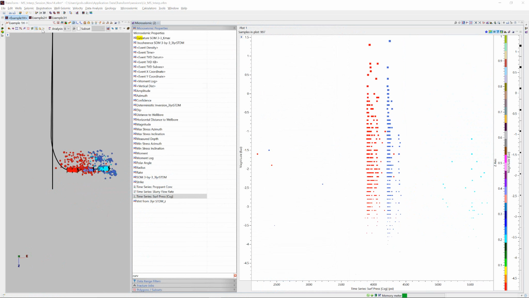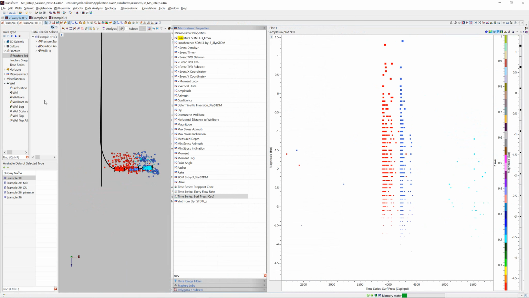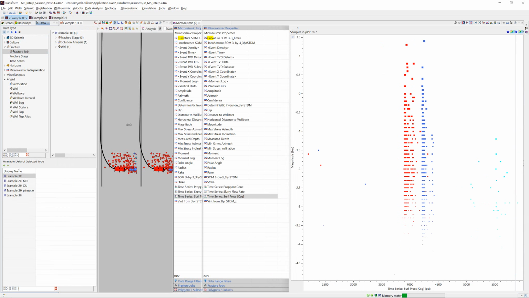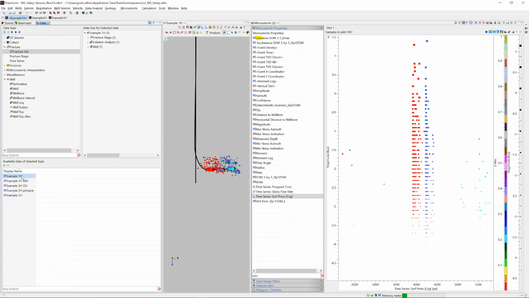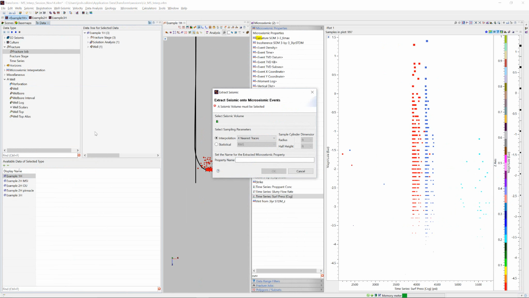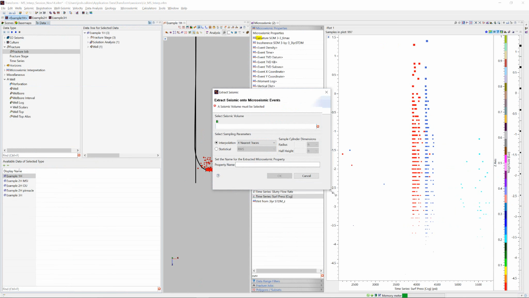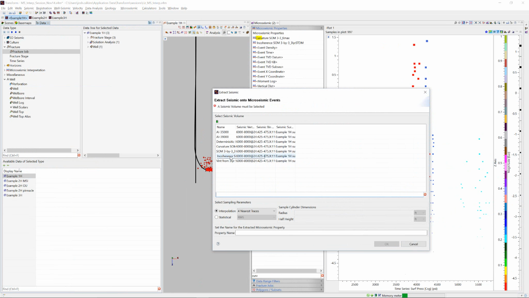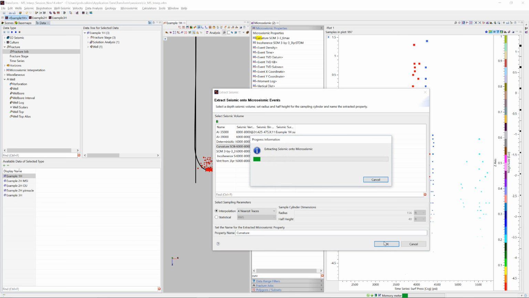Another type of data analysis that's made possible by Transform's integrated data workflows is a crossplot of seismic attributes versus microseismic event properties. If I have 3D seismic data available in my target area, I can quickly extract summary values at the location of my microseismic events from any of my seismic volumes and save those values as properties on each event. In this case, I'll extract the curvature value interpolated onto each event from the 4 nearest traces in